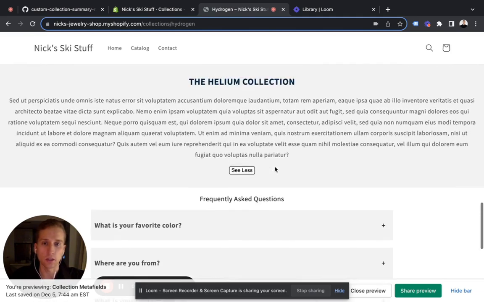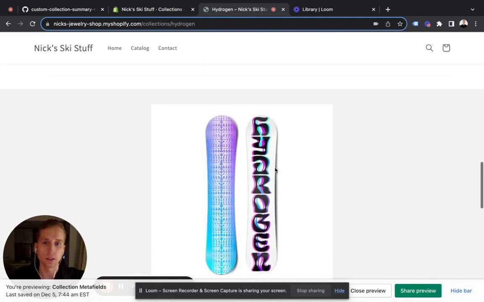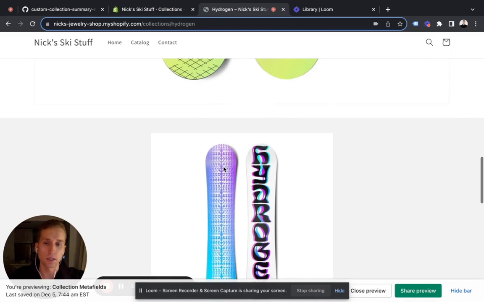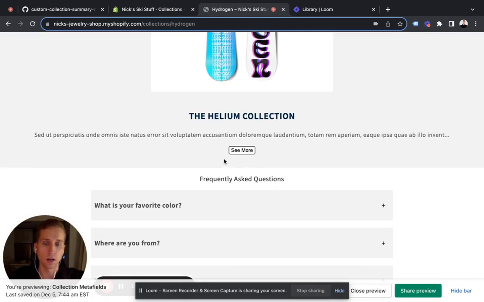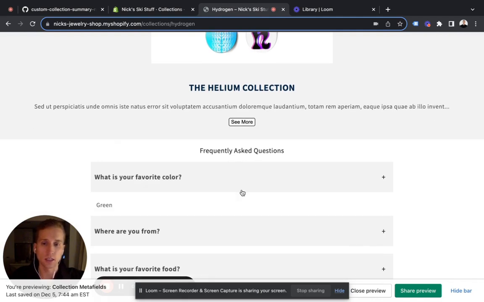You can take a quick look here and see it's going to look like this on the collections page: a collection image, a summary, an option to see more or less and truncate that, and a frequently asked questions heading with a